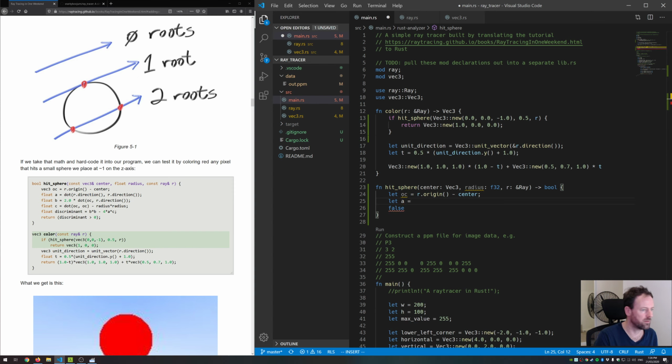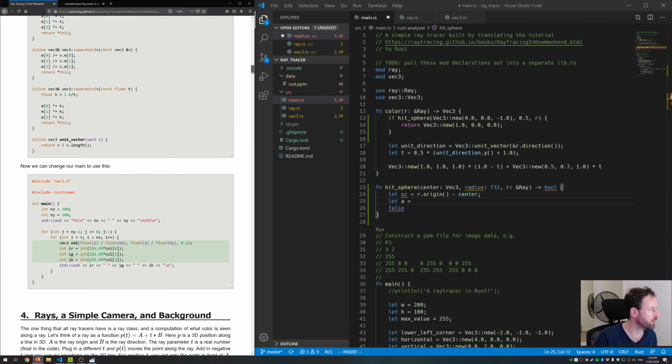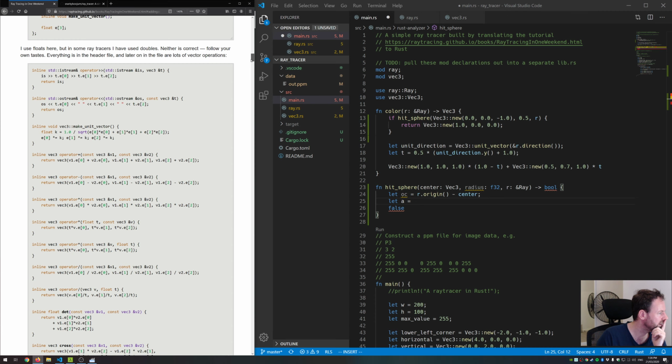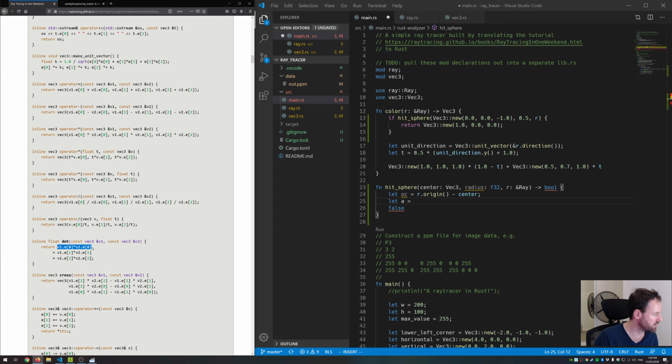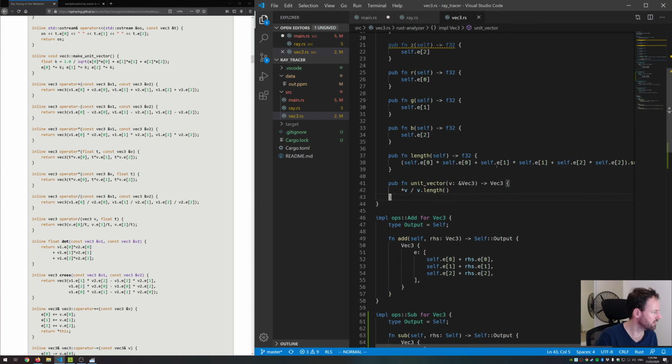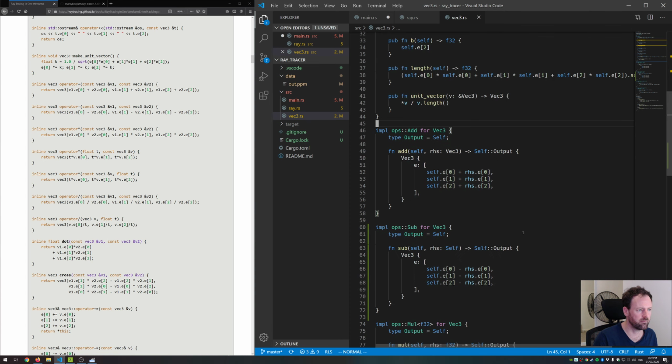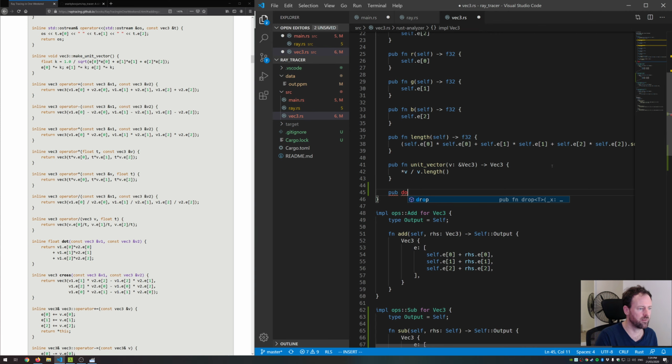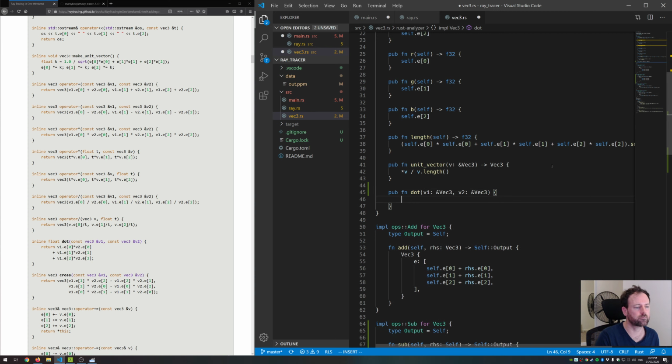And then we need let a equal, now what is dot? We don't have a dot function, so we need to go and build that. So dot is defined down in here. Dot is just adding up. Okay, so we'll go back to vec, and then we need a dot. So we'll implement this inside the, this is a method basically, isn't it? No, it's not a method. So we'll just do pub function dot, reference to v1, which is a reference to vec3, v2, which is a reference to vec3, and then